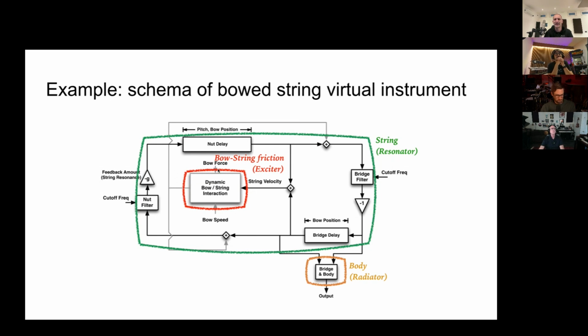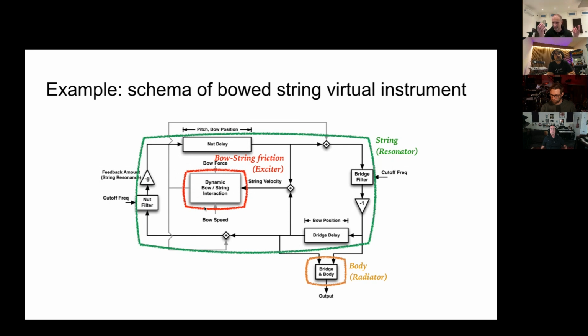It takes the bow force, the bow speed, and the string velocity to generate a signal that runs through the string, which is the resonator, represented by delay lines that model the wave propagation, and some filters that disperse